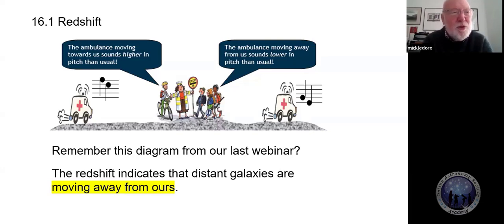If a source of waves is moving away from us, it stretches out the wavelength. And if a source of waves is moving towards us, it squashes the wavelength. Now, like Hubble, you would probably expect some galaxies to have a bit of redshift and some blue shift as they came towards us a little bit. But there was no blue shift, apart from some very local galaxies like Andromeda. All redshift. And the funny thing is, he noticed that the further away a galaxy was, the faster it was moving.